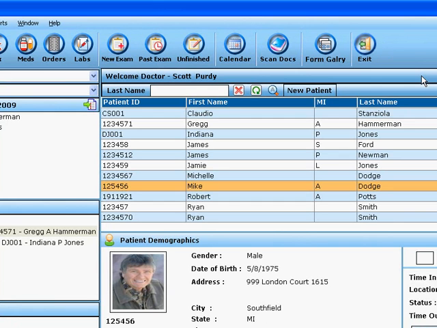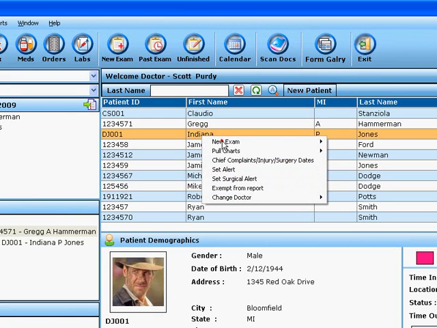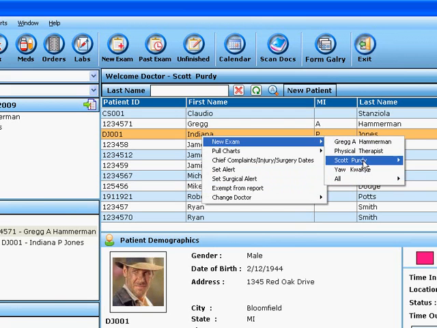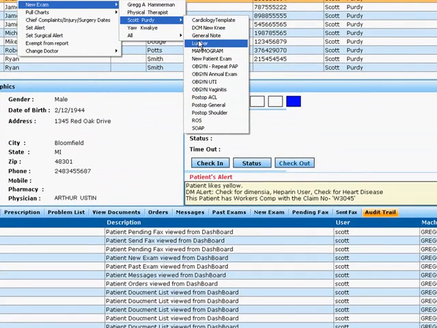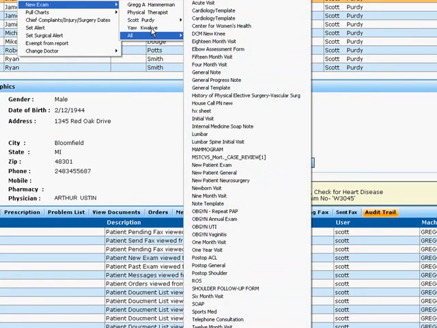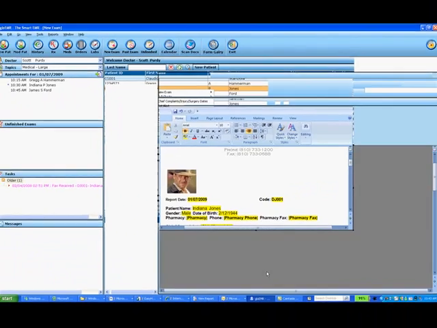I want to show you very quickly one of the really interesting things here that we do, which is embedding Microsoft Word for our patient notes. So if we pull up a patient and I say I want to do a new exam for this patient, we can click on that and say new exam. This is categorized by all the different providers in the office so that you can very quickly get to the ones you need. And let's say I just want to do, let's do a sports medicine exam. Sports medicine. As soon as you click on that, what it does is it brings up the Microsoft Word interface